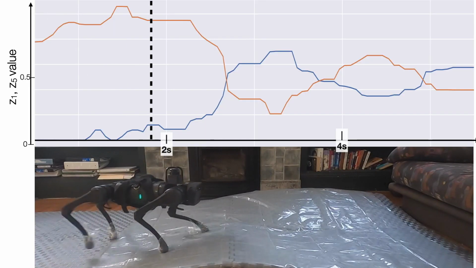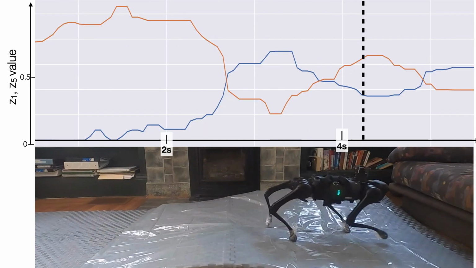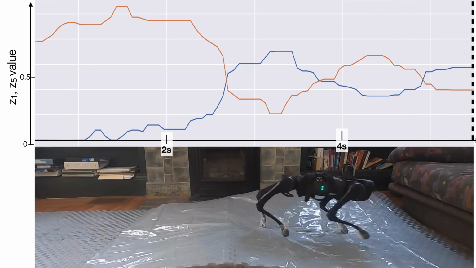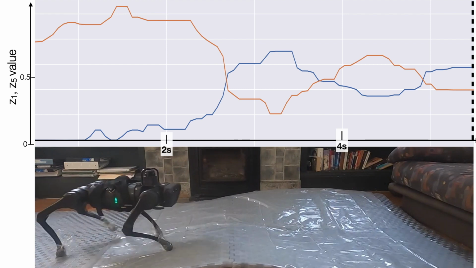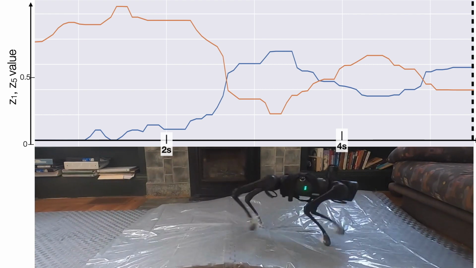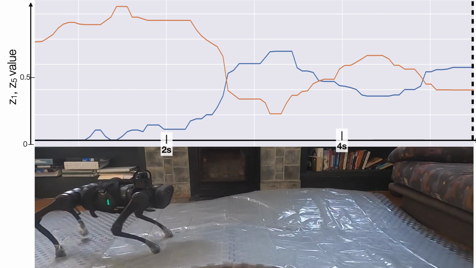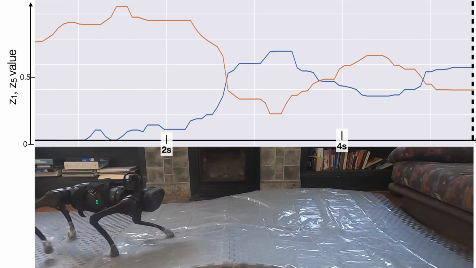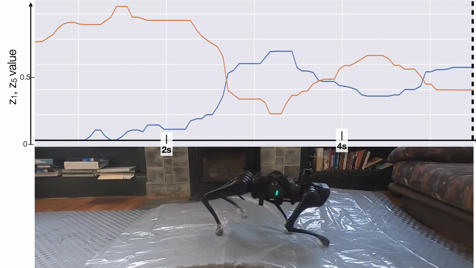This slide shows the estimated extrinsics over time. We pick 2 dimensions out of the 8-dimensional extrinsics vector. The robot slips slightly after 2 seconds, and we can see a corresponding change in the estimated extrinsics. This enables the robot to recover and continue walking over the slippery patch. Even after adaptation, the extrinsics vector does continue to capture the fact that the surface is slippery.